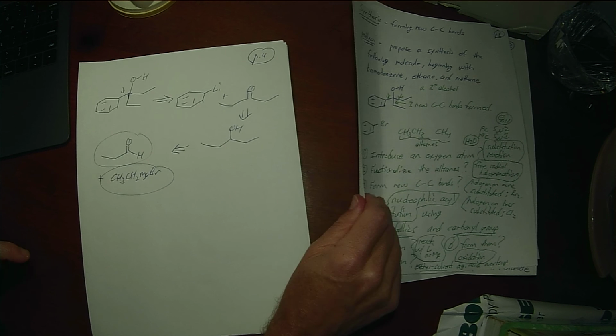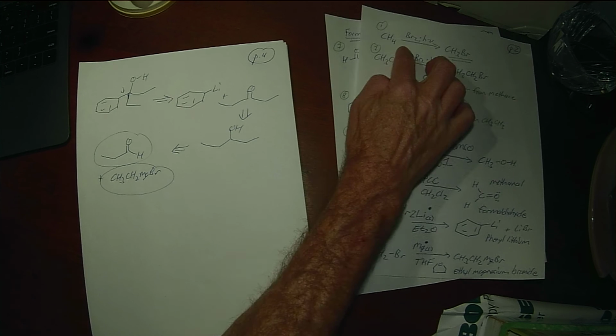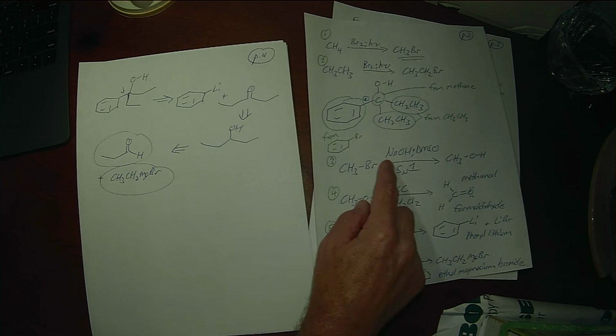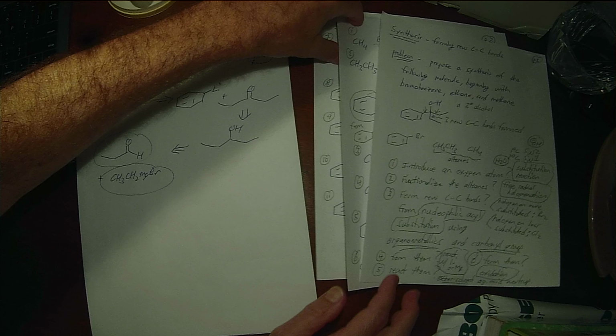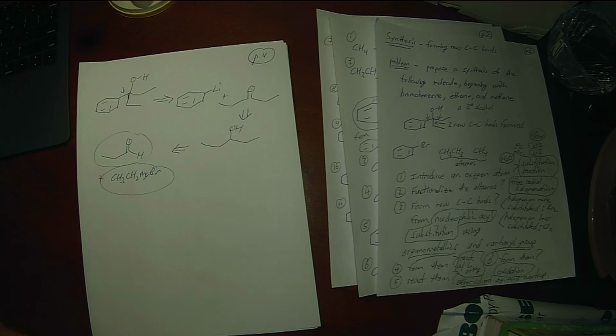So you're stuck, you don't really know what to do, at least functionalize your alkanes, right? Introduce an oxygen into something, right? Oxidize it up, right? Make a bunch of molecules that you know you can make, and then see if any of those will get you